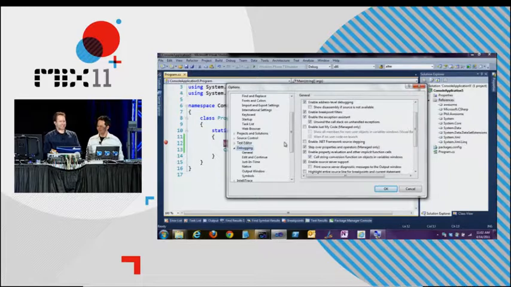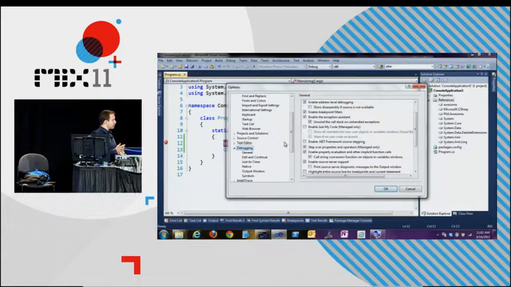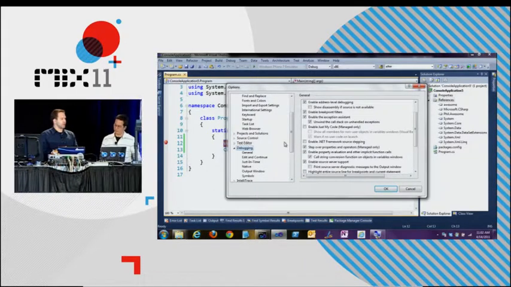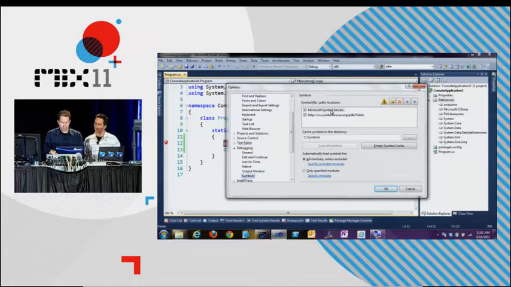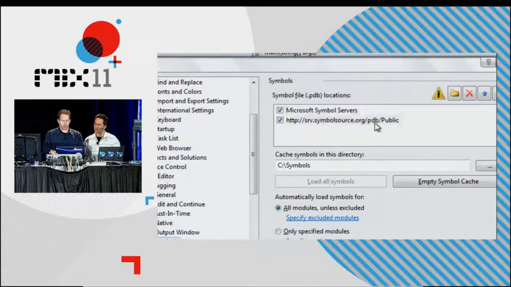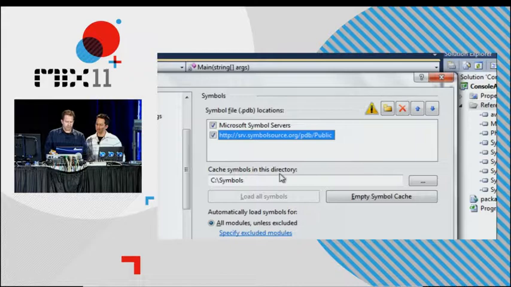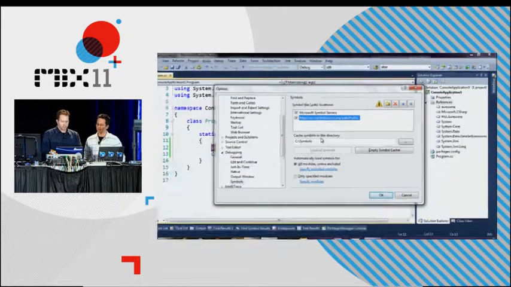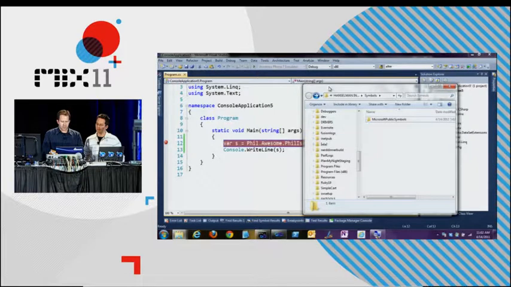So a source server is like a symbol server, and a symbol server is a really amazing thing that a lot of enterprises don't take the time to set up. And they really should. The idea is that I'm consuming your DLL. It would be nice if I had the symbols to be able to debug things if something goes wrong. But it would be even more awesome if I could get the source. So here we took our partners at SymbolSource and we added that location, and I've got everything going into C:\symbols. So let's go ahead and bring up C:\symbols, and then we'll go whoosh,